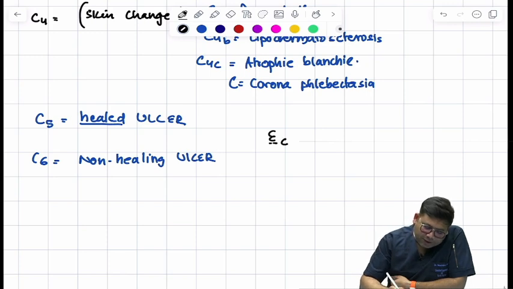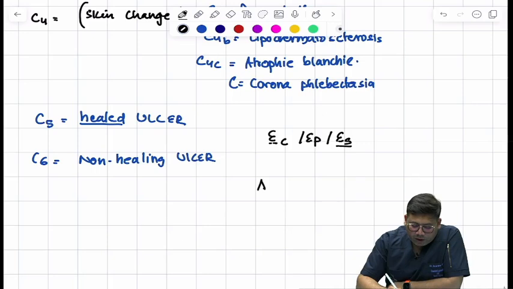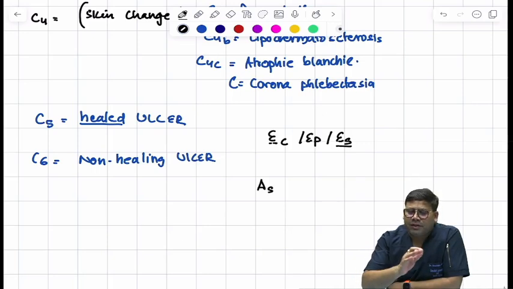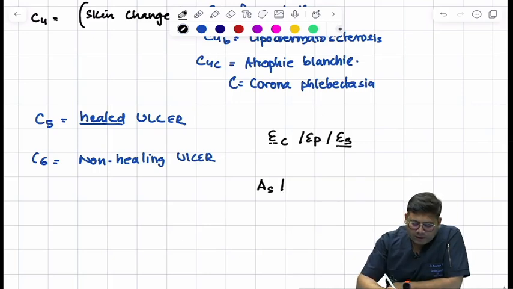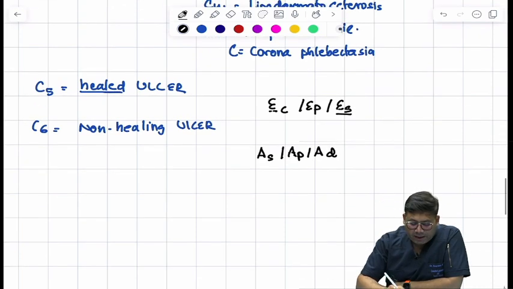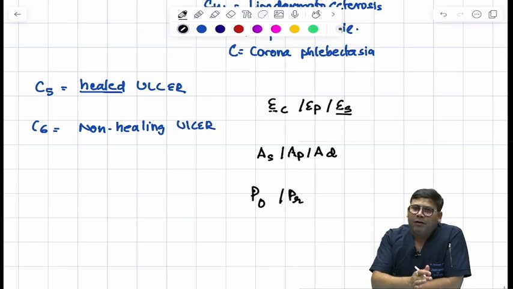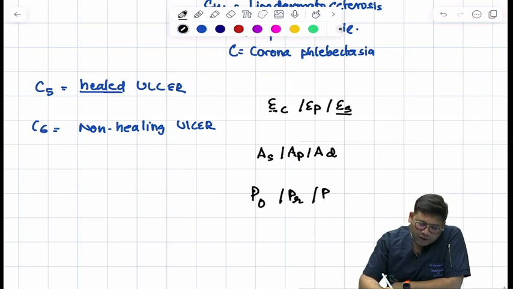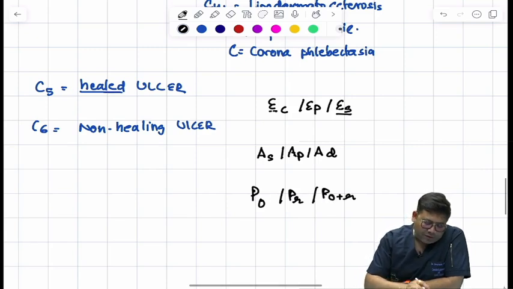E, congenital. It could be E primary, when it is not by birth but not associated with any cause, and ES means secondary to any cause. A, superficial venous system; if it is involving the perforator system, then that is AP, and if it is involving the deep venous system, it is AD. Then pathophysiology: either it could be obstructive, or it could be related to incompetent walls or reflux, or PO plus R.